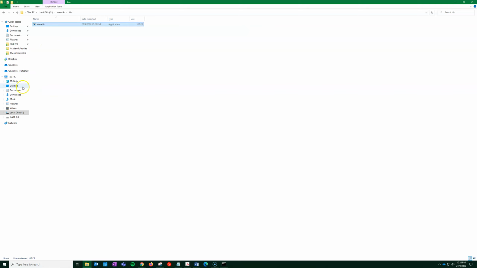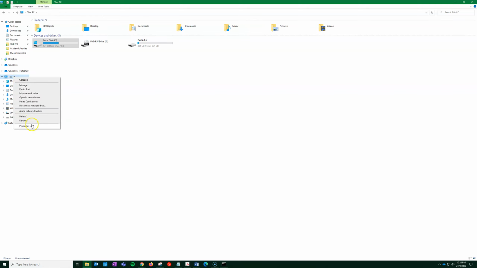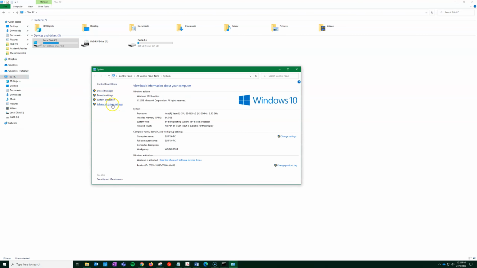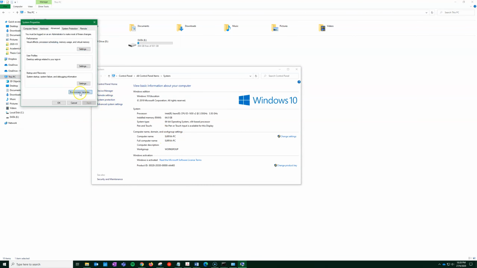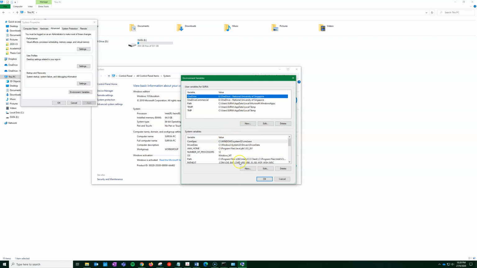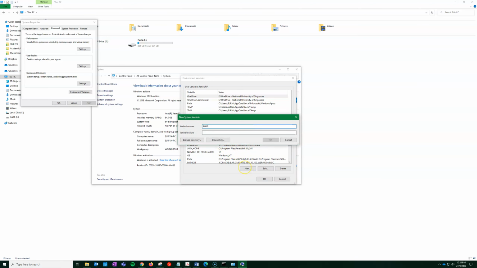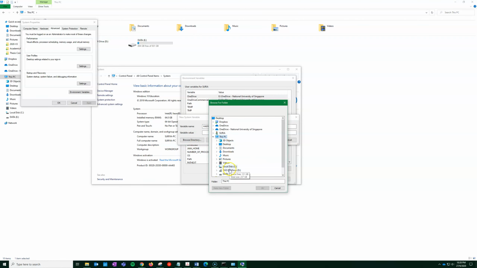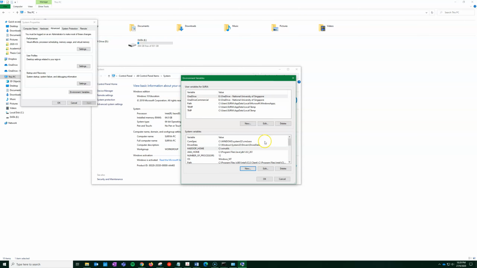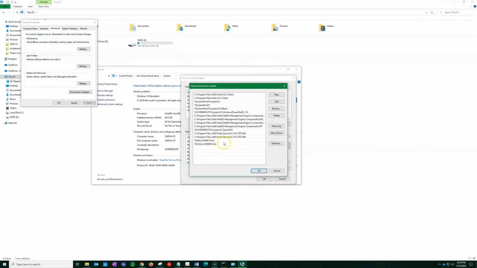Okay? So once I'm done, I'm going to go through the same process to set up the environment variables. So I'm going to say environment variable. So this time I'm going to create a variable called HADOOP_HOME. And I'm just going to point it to C drive and then winutils folder. Okay? So that's done. And inside the path, as usual, I got to edit it. Come here, say new %HADOOP_